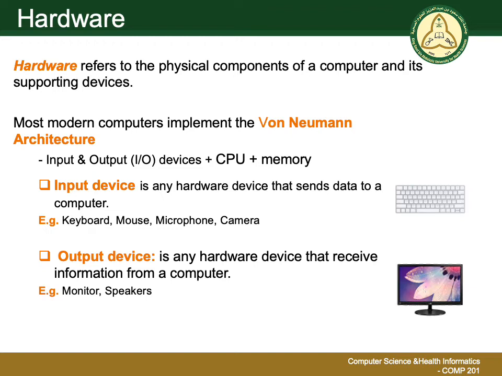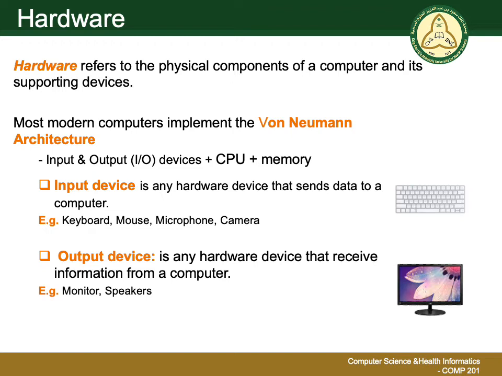When we talk about hardware, we mean the physical components. Most modern computers implement the von Neumann architecture, the structure of von Neumann: input, output, CPU, and memory. When we ask about the von Neumann architecture,